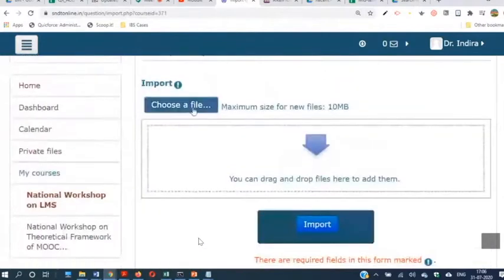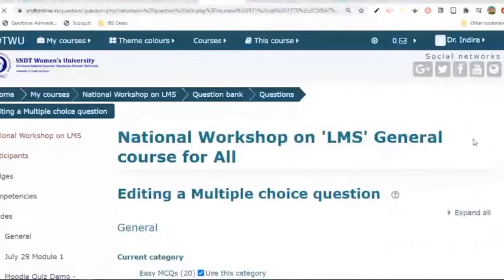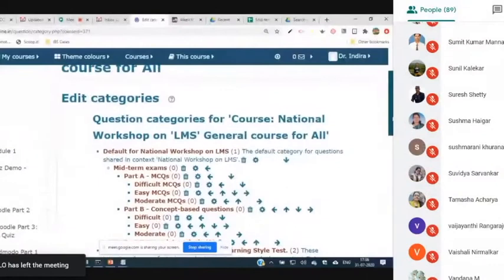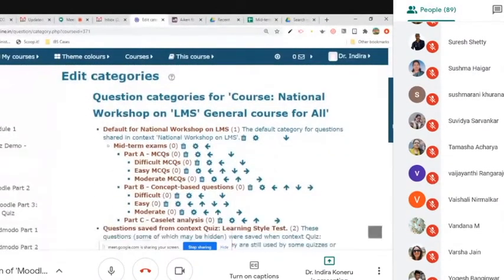You can drag and drop if you are comfortable with it, but I'll show you how to add a file from the file picker. Click on choose a file. I'll click on expand all as always, so that I can view all the fields. So need to expand. Here, if you scroll down, again back on this question bank categories page, because we lost the connectivity.